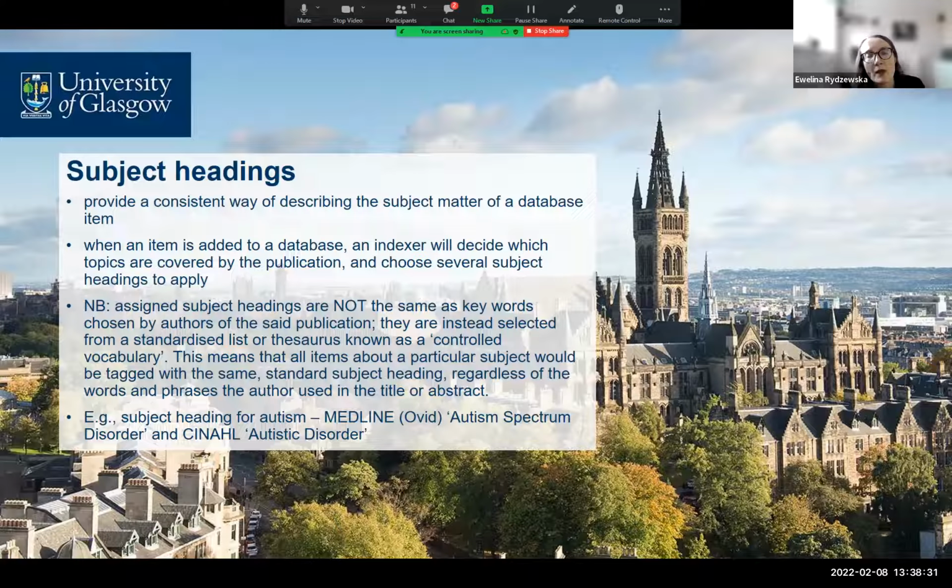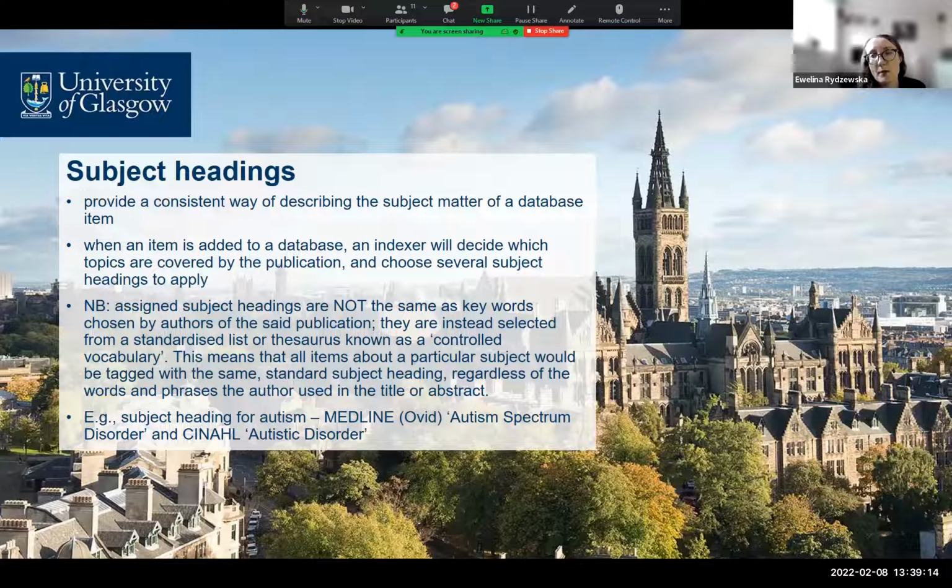And basically, the way it works is that it's not the search terms that you're actually looking at when you're at subject headings. So it's not the words that you think might be appearing in the actual text of the relevant papers. It's the subject headings that are used by people who run the databases and who update them and maintain them. So whenever an item, an article or any other publication gets added to a database, a person who's indexing that item will be deciding which topic that paper covers, basically, and they will assign a subject heading